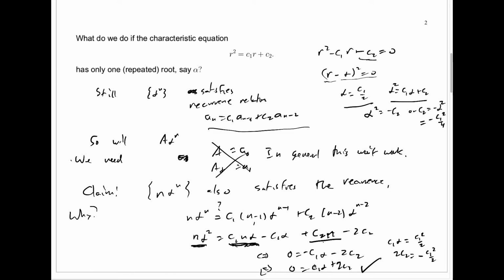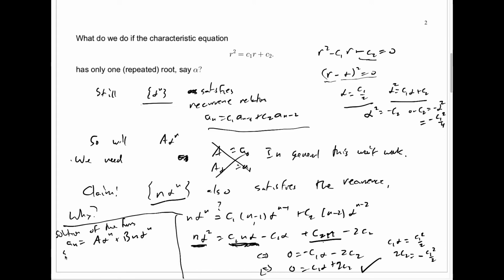And what did we show with all of this algebra? We showed that this sequence, n alpha to the n, must also be a sequence which satisfies the recurrence relation. What does that tell us? That tells us that any linear combination of the sequence alpha to the n and n alpha to the n also satisfies the recurrence. In other words, our solution is of the form a sub n is some constant times alpha to the n plus some other constant times n alpha to the n. And using a solution of this form, we have these two parameters, so we can always have a solution